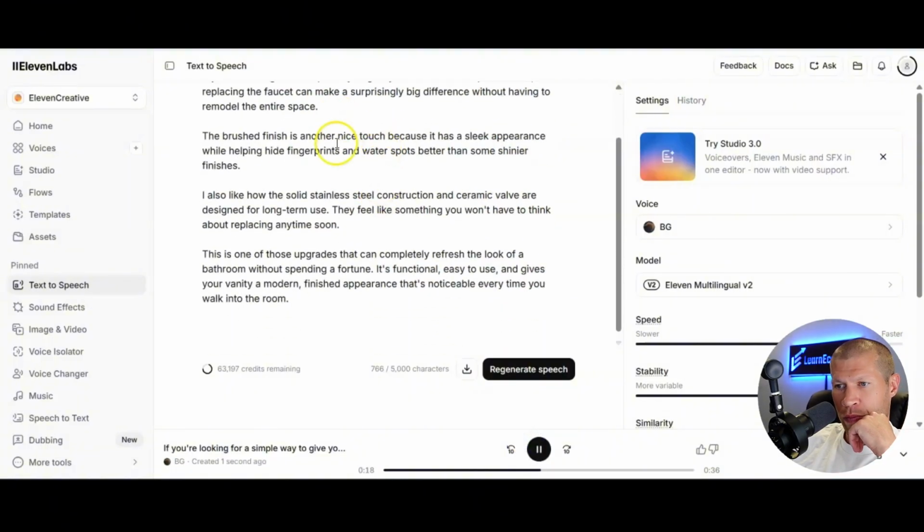Stainless steel construction and ceramic valve are designed for long-term use. They feel like something you won't have to think about replacing anytime soon. This is one of those upgrades that can completely refresh the look of a bathroom without spending a fortune. It's functional, easy to use, and gives your vanity a modern, finished appearance that's noticeable every time you walk into